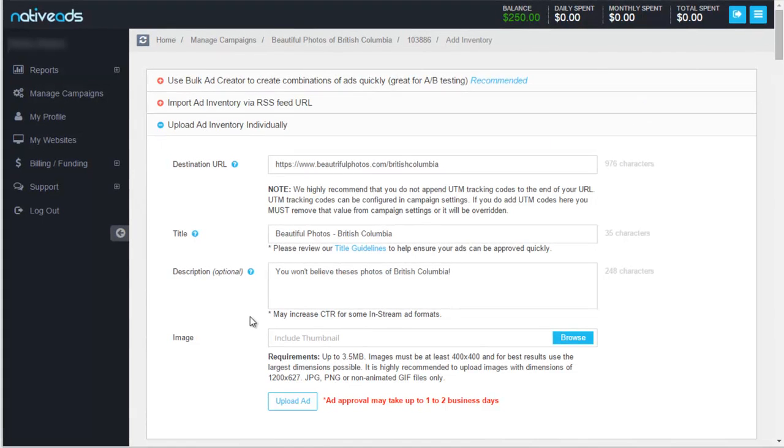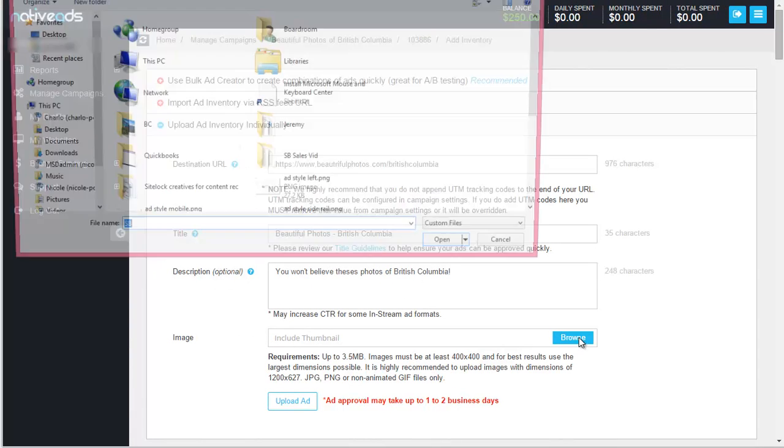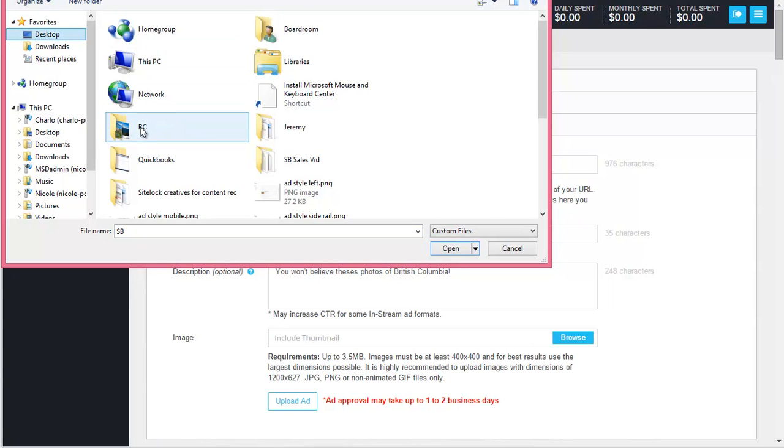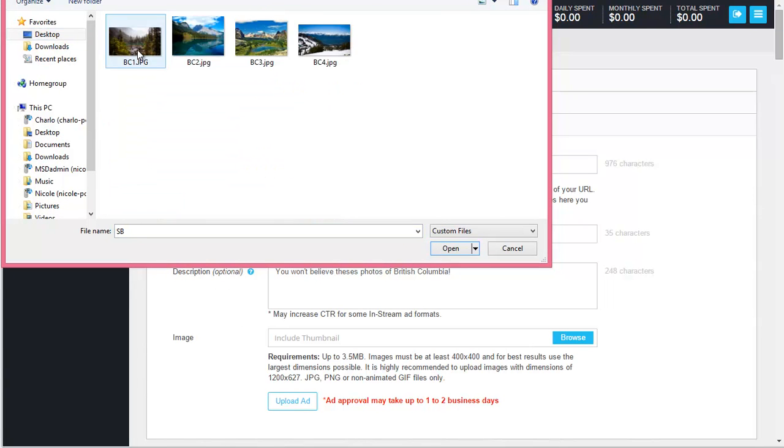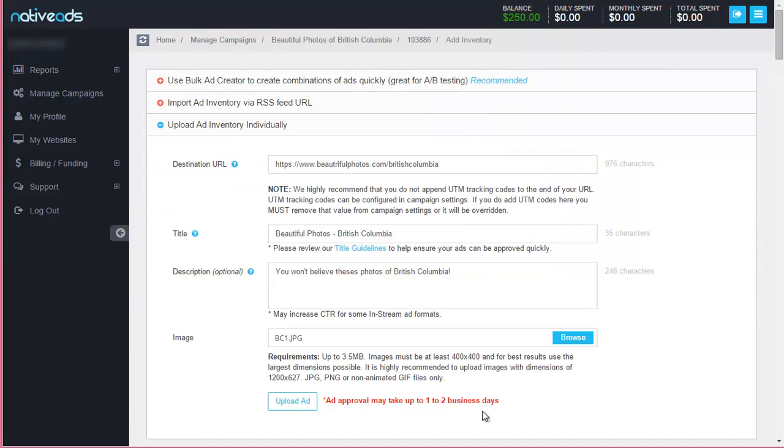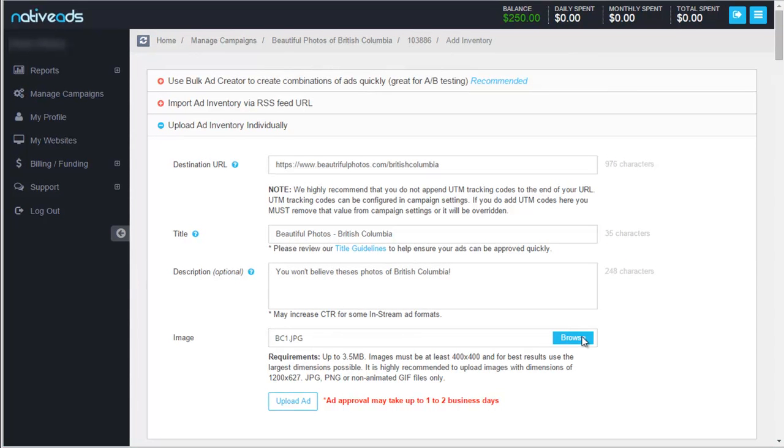Fill in all your fields. Once again, the description is optional. To upload an image, hit Browse, find your image, and open. As mentioned before, do not add your UTM tracking code to your destination URL at this stage. Once everything is filled out, select Upload Ads, and your ads may take up to 1 to 2 business days